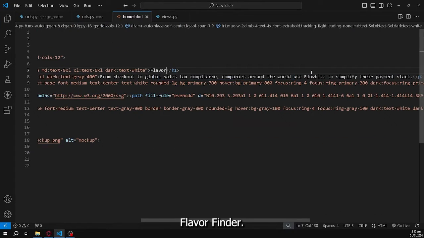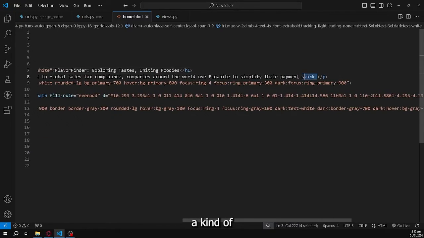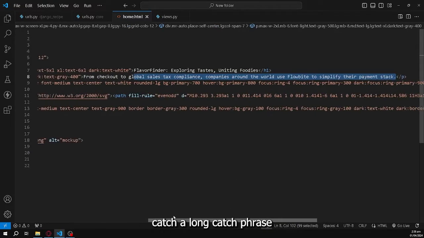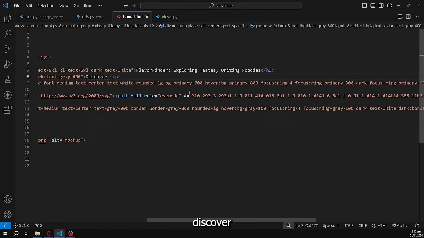Say Flavor Finder. I'm going to add a name to it. Let's say, for example, a catchphrase: exploring taste, uniting foodies. Go. Then we're going to add here a kind of a long catchphrase under it. Say discover